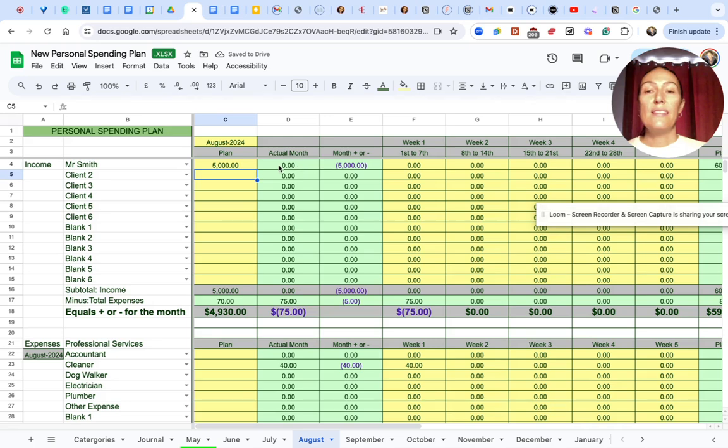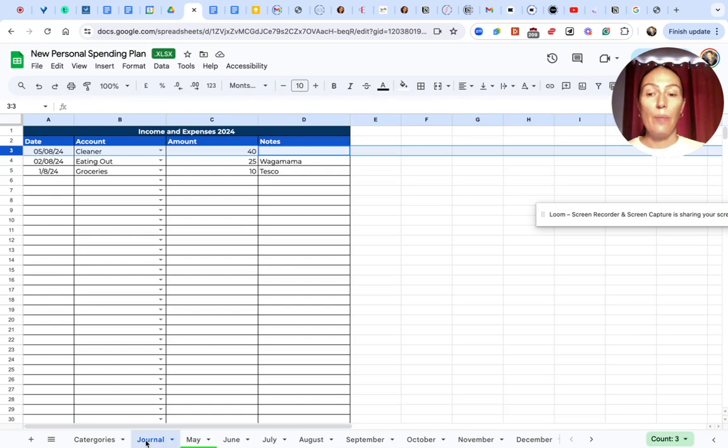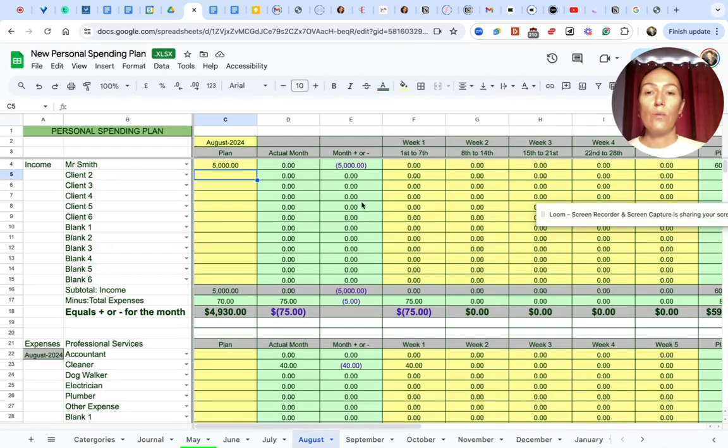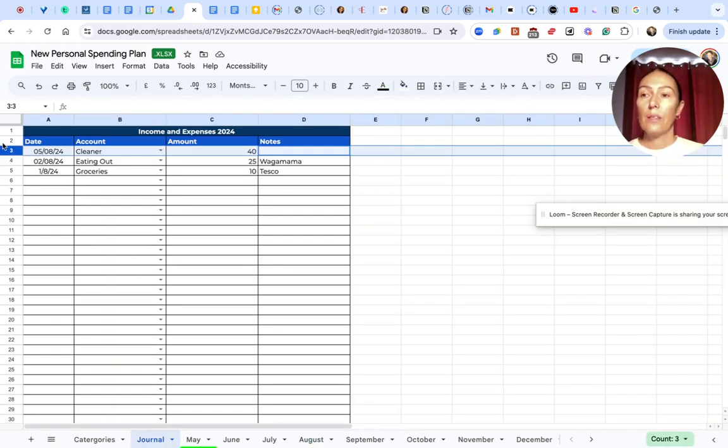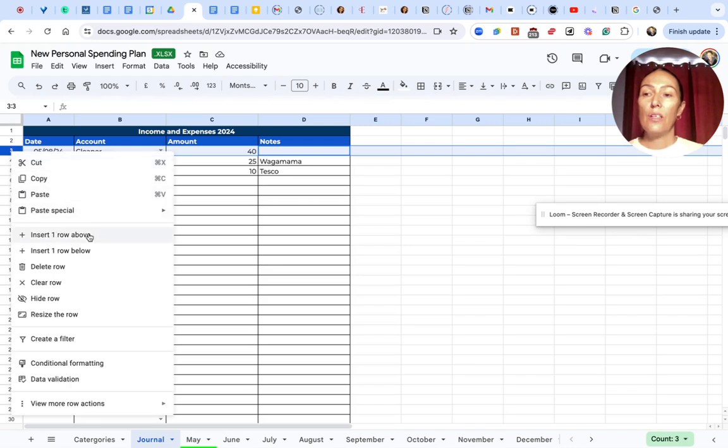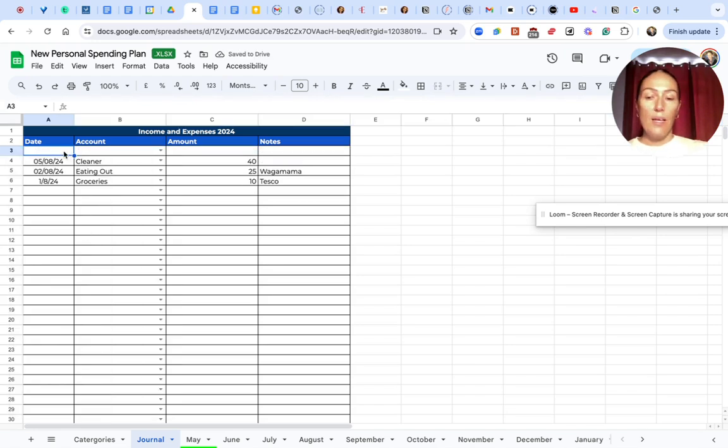So there's nothing in actual month because you haven't entered anything in your journal as incoming yet. So let's go back to August. It's showing that you are minus 5,000 that you've predicted. So you've said 5,000 is coming in, but £5,000 isn't actually there. So let's fix that. Let's put it in week 2. So let's go to the journal. Let's enter a new line above. Let's say on the 12th of August,